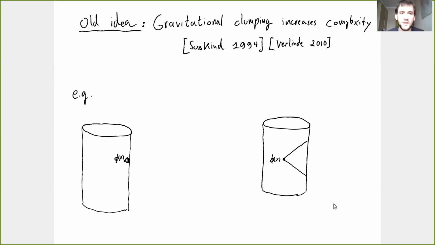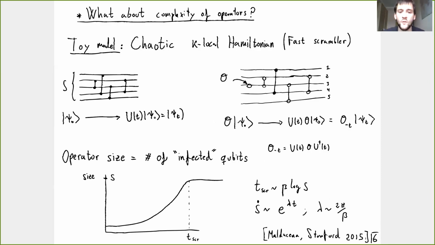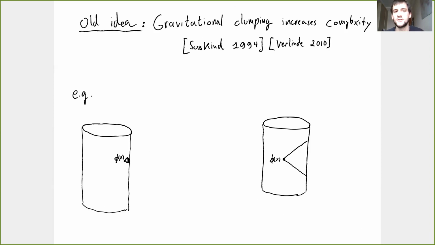Okay, so related to this operator growth, there is this whole idea of gravitational clumping. So the question would be what all this means on the gravity side. There's an old idea that gravitational clumping must increase complexity. For example, it was mentioned already in the original paper by Susskind in 1994, and it also has been suggested by Verlinde that gravity,